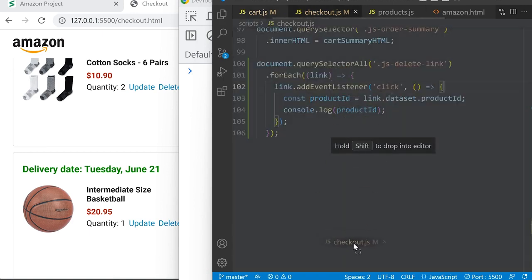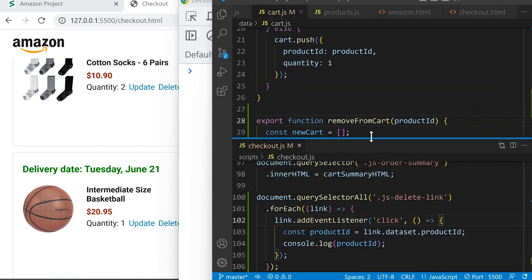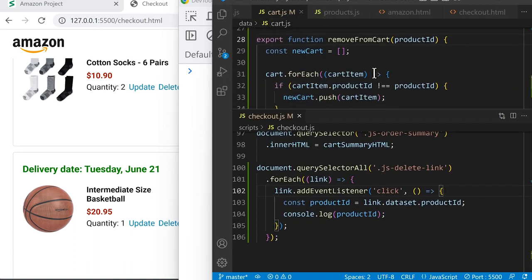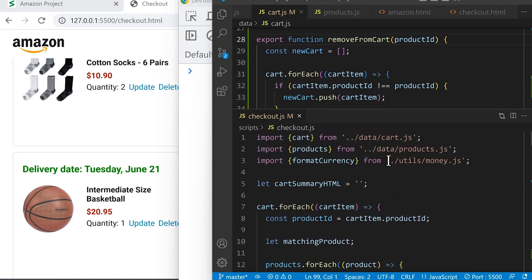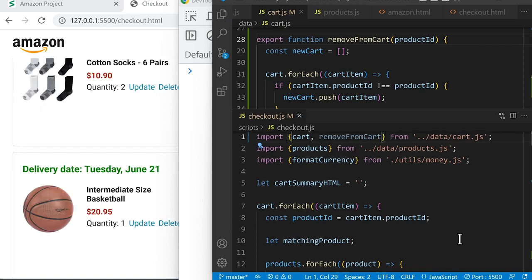So I'm just going to move this down to the bottom so we can see it side by side. So in checkout.js, we're going to scroll up, and we're already importing from cart.js. So we're just going to import one additional thing by typing comma, and we're going to import this function, removeFromCart, and save. And then we're going to use this function at the bottom. So we'll scroll down,